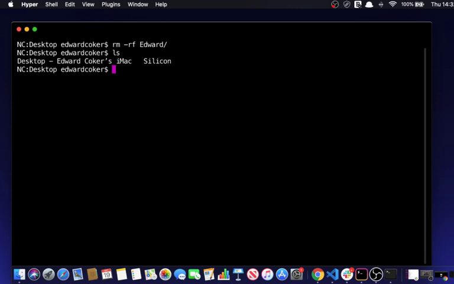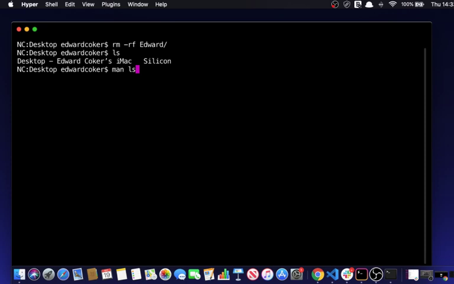So we've done cd for change directory and ls for list. What if you want to know what a command does? If you want to look at the manual, you can use a command called man, and then the name, so let's say ls. What does ls do? What does it mean? If you put in man ls, it will list all